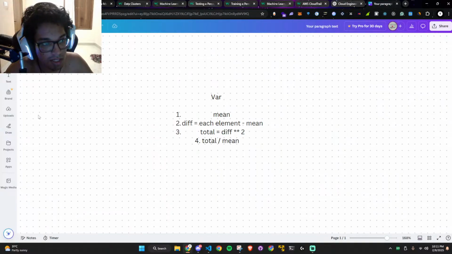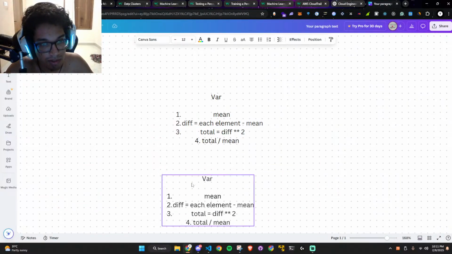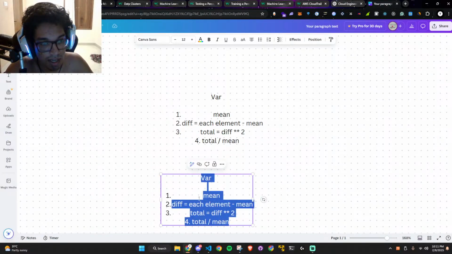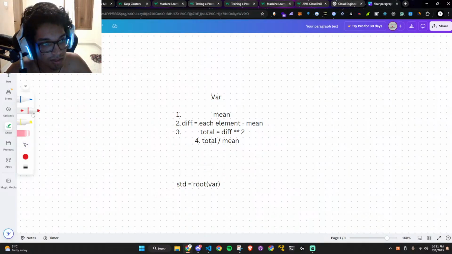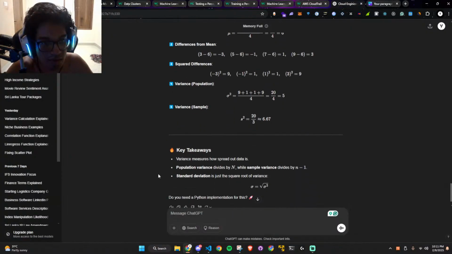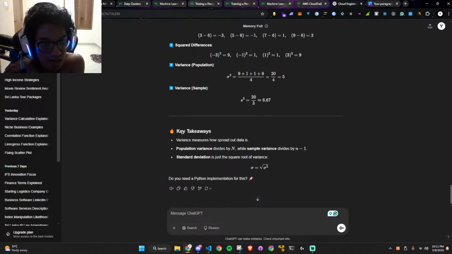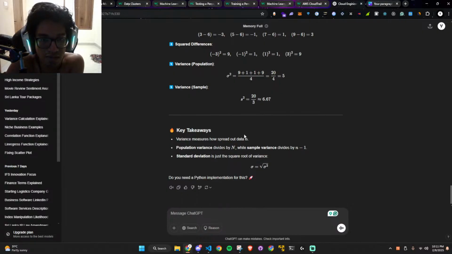And then once you do this, for the standard deviation, it's the square root of the variance. So let's just call it root. It's obviously the standard deviation at this point. We have these symbols and stuff which I'm starting to learn. And yeah, once that is done,